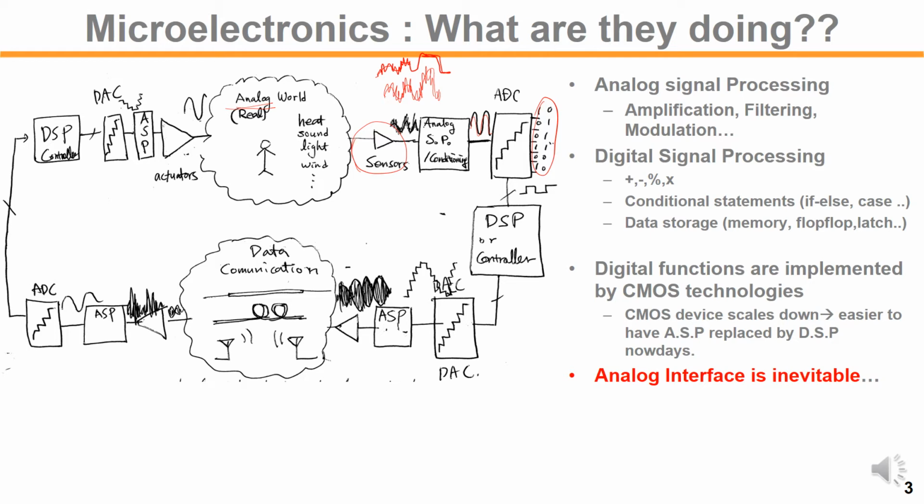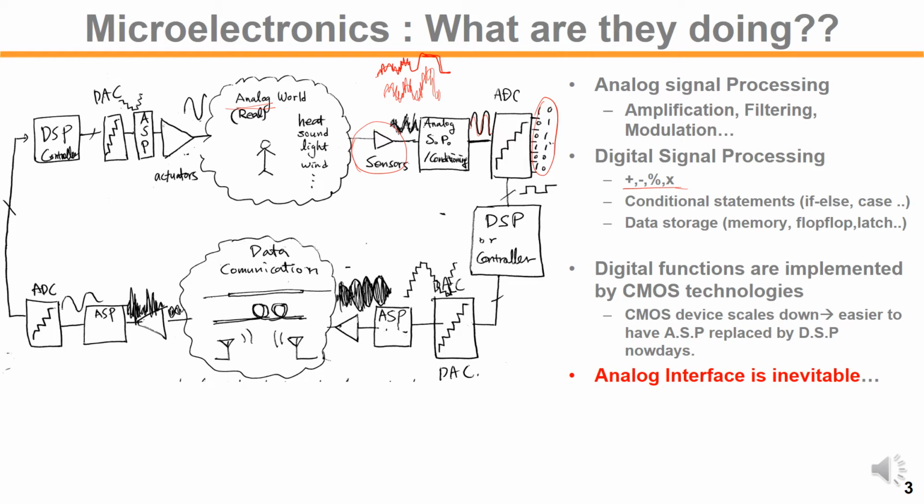The digital signal processing involves, you can imagine, plus, minus, division or multiplication, all these arithmetic operations. Or in a C program, you may think of some conditional statements like if and else, or case statements. All these controlling flows, right, can be easily done in the DSP. And also